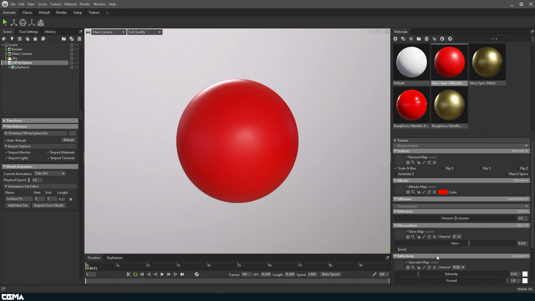So most dielectrics will use a default 0.04 or however it's handled inside of an engine. In this case, we just have it as 0.4 because that is the default how Marmoset handles these things. But every object will have a specular value, no matter what. Dielectrics will always usually have it as default, and then you would just handle the gloss. And then in most studios, they would actually have written down what types of objects have a certain gloss value, whether it's plastic, wood, charcoal, whatever. And then you would have